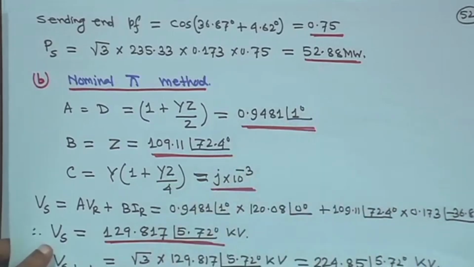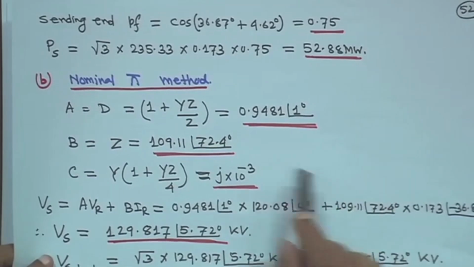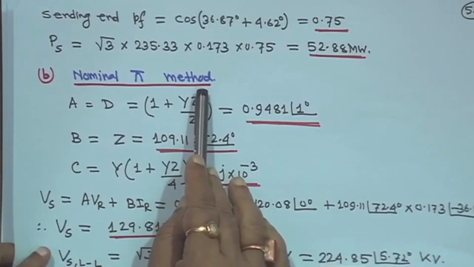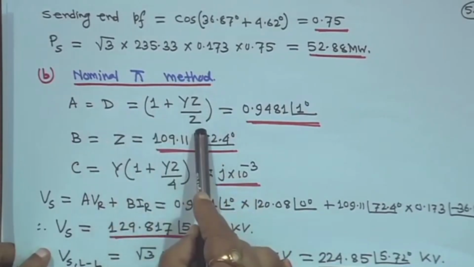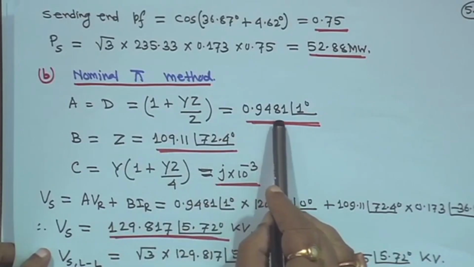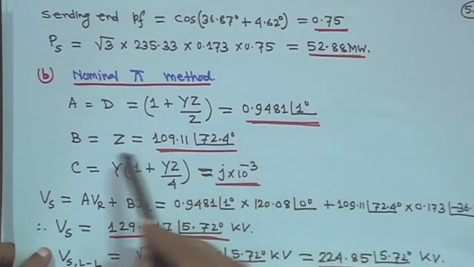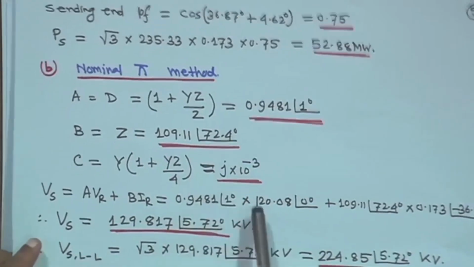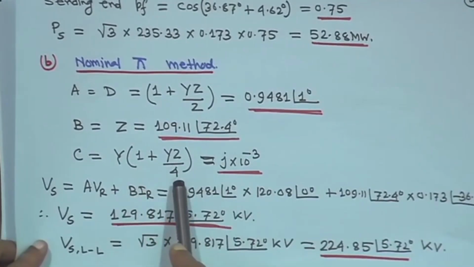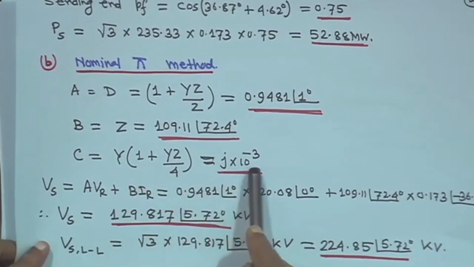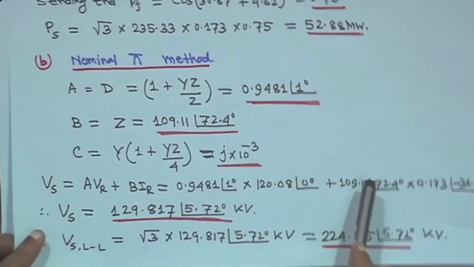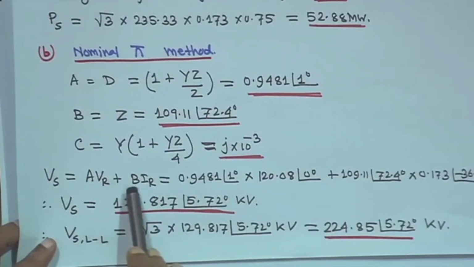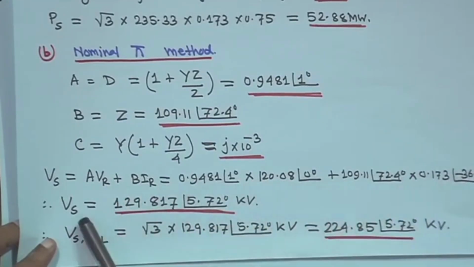After that we will put it in a tabular form and you will see the difference. With the same data, when you consider the nominal pi method, A is equal to D, 1 plus yz by 2. You compute, you will get 0.9481 angle just 1 degree, right. And B is equal to Z, so 109.11 angle 72.4 degree, and C is equal to y into 1 plus yz by 4, which will become approximately j into 10 to the power minus 3. And we know Vs is equal to AVR plus BIR. You substitute all the parameters A, VR, B and IR here, and you will get the sending end voltage